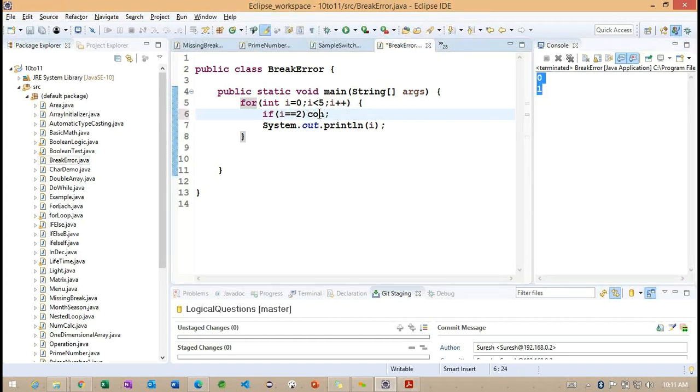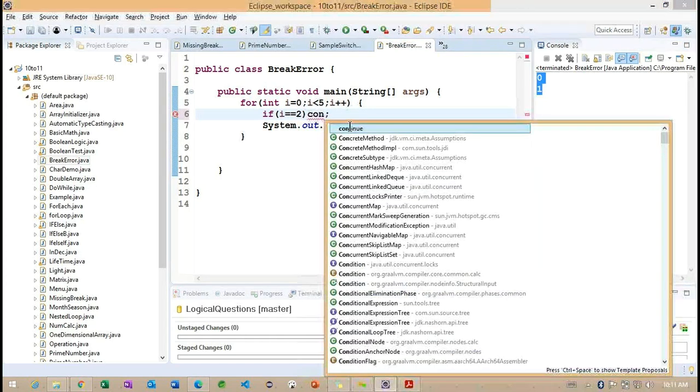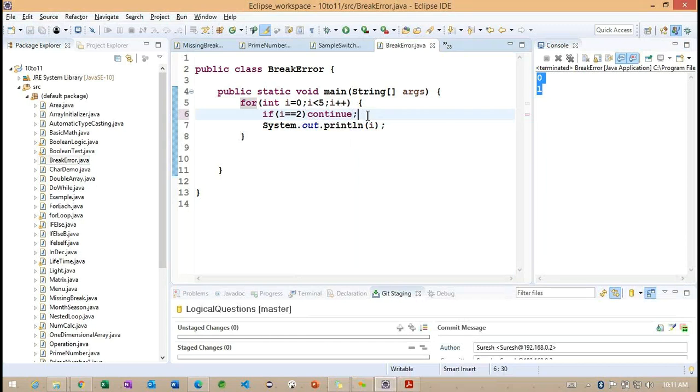And if I work with continue, carefully observe the difference between break and continue. Basically, break terminates and comes out of the entire loop, but continue terminates only the current iteration, and the loop repeats from the next value.